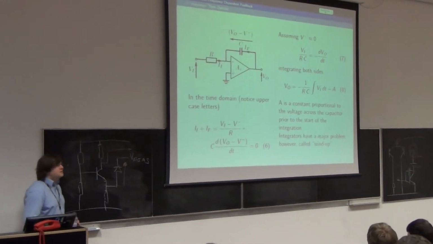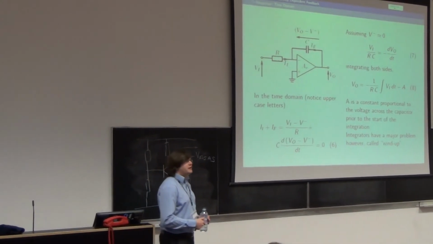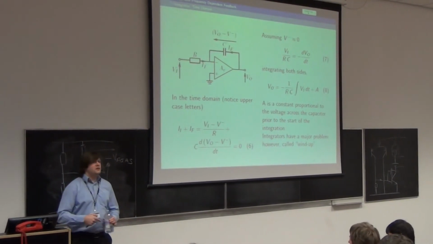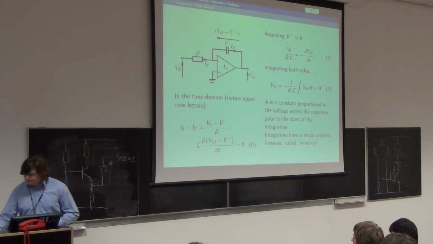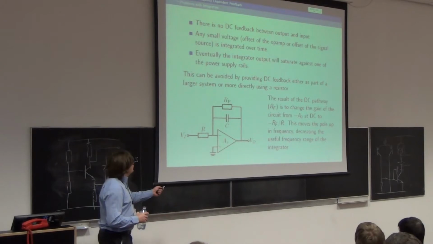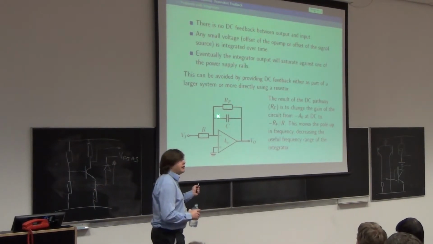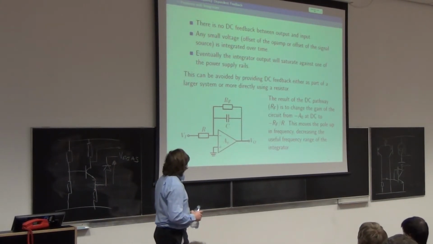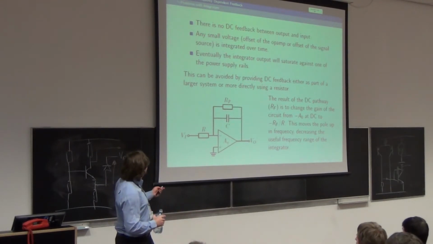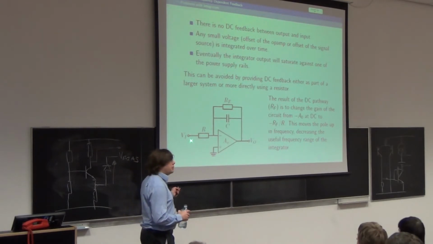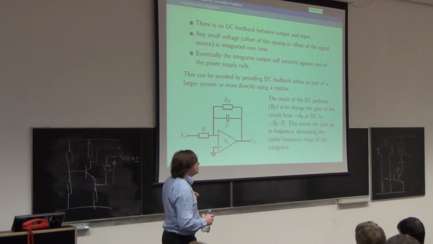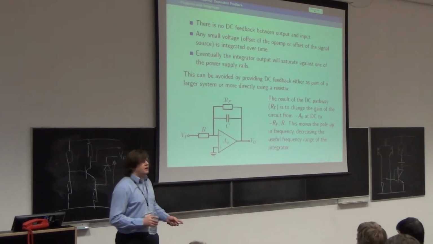All integrators suffer from something called wind-up. Even if you make it in a PLC or an FPGA or something similar, you can still end up with a thing called wind-up. The trouble is there's no DC feedback. Well, in this diagram there is, I put RF in, but assuming no RF, there is no DC feedback between output and input. Consequently, any slight voltage here that you don't want, some minor offset, or some tiny offset at the output, keeps getting integrated and changing the charge in the capacitor. And eventually,